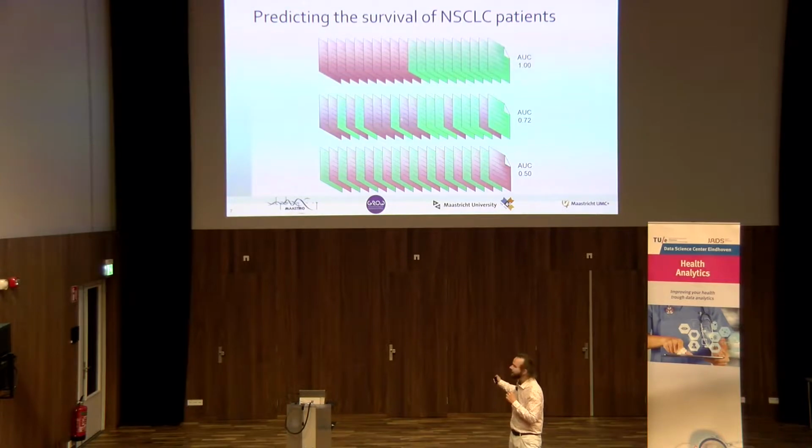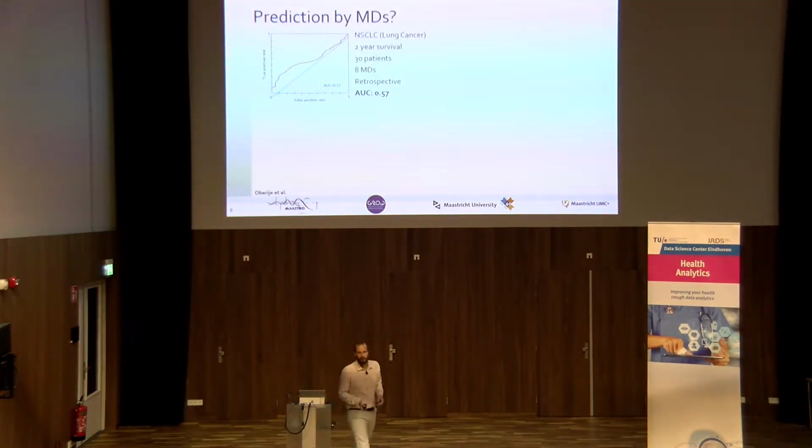Who thinks they're around this part? 3, 4, 5. Who thinks they're total rubbish? 1, 2, 3. Oh, you? No? Oh, okay. So the true answer of this experiment is 0.57. And if you put a confidence interval on that, 0.5 is in that confidence interval. Which means that, oh, that's a bit off.